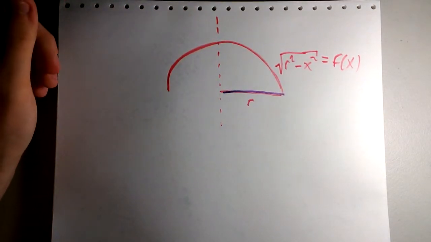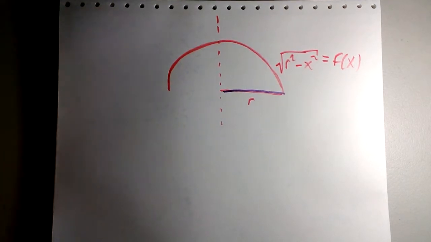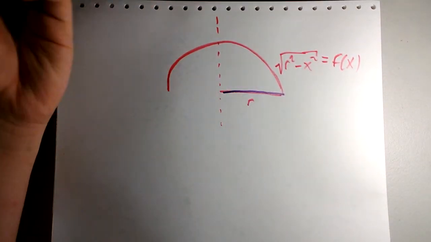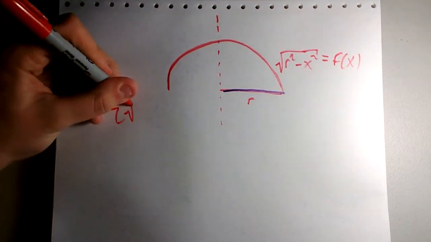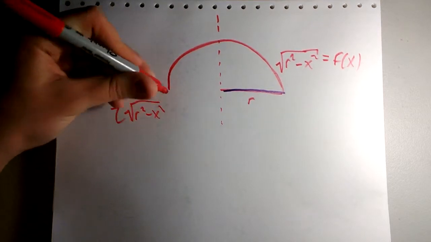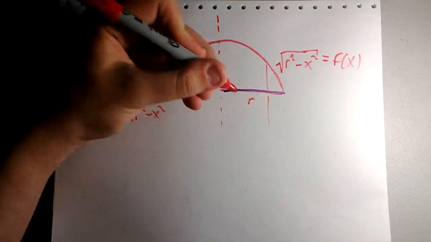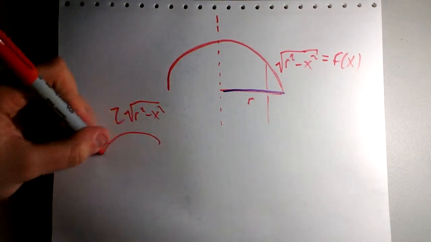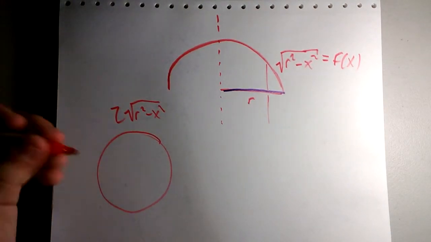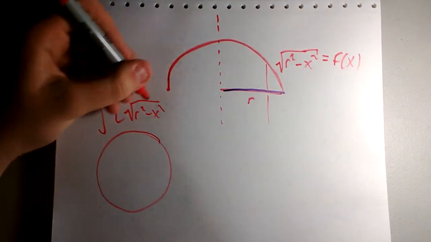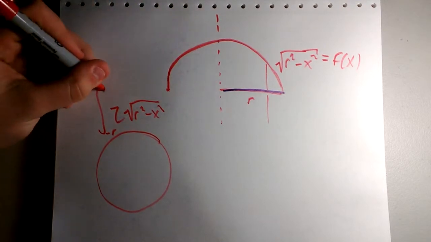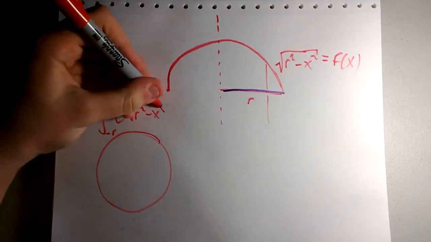Cool. So that's nice, but if you integrate that, it'd be just pi r squared divided by 2, because that's a half circle. Now if you made this value 2 times the square root of r squared minus x squared, that would take each of these lengths and double it over the other side, and so you could expect that gives us a full circle. So even more, you could expect that if we integrated this from negative r, the back r, to the forward r, from there to there,